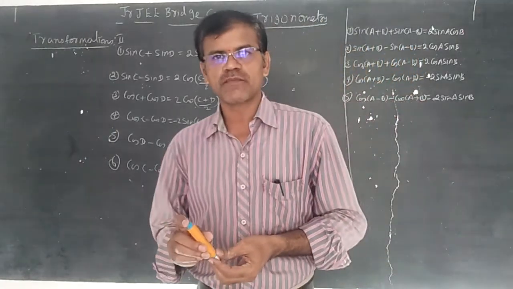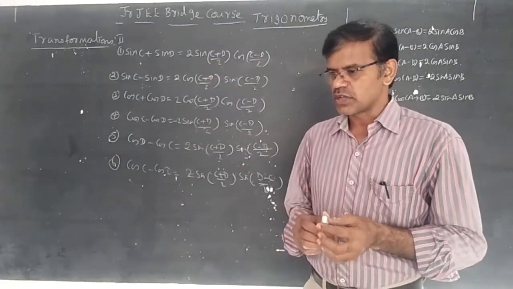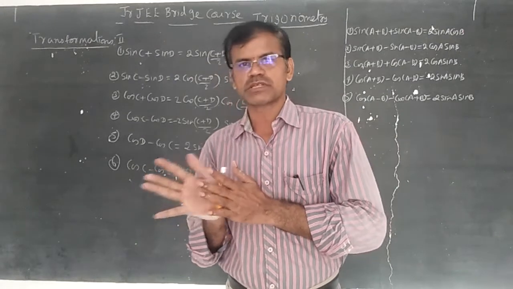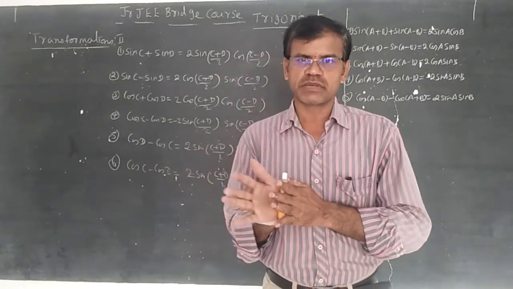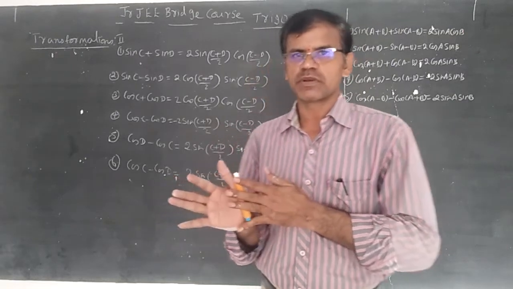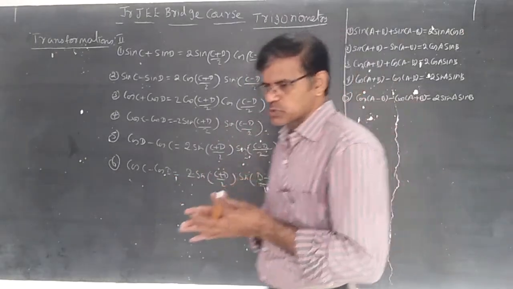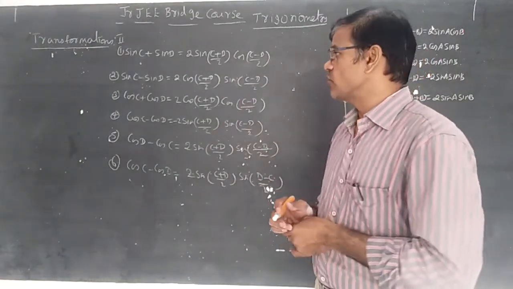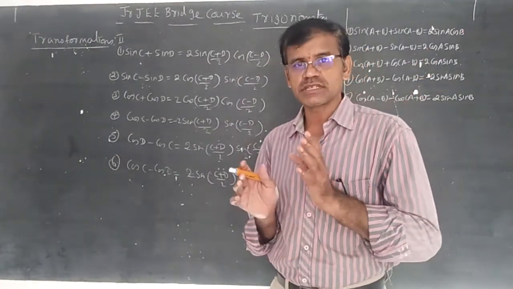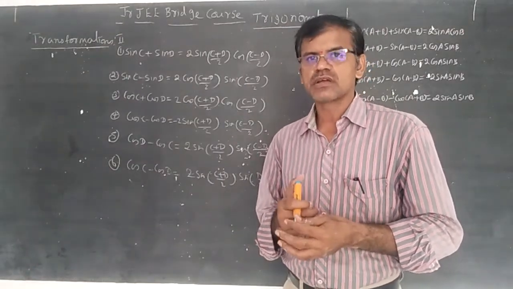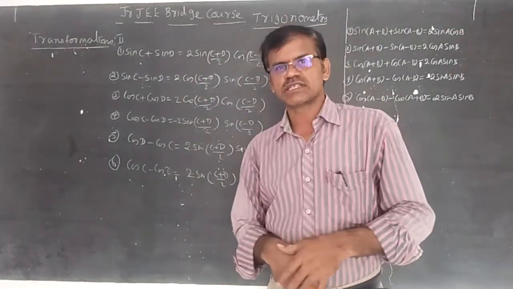It is the fifth chapter, and the weightage according to IPE is 2 marks plus 4 marks plus 7 marks, so 13 marks. Maybe 2 plus 2 plus 4 plus 7, a 15 marks weightage chapter. For the chapter from basic trigonometric ratios up to transformations, every formula which is necessary I have said.